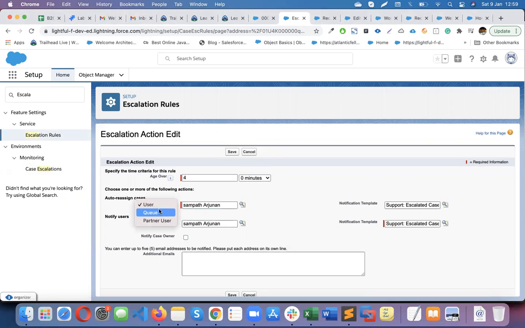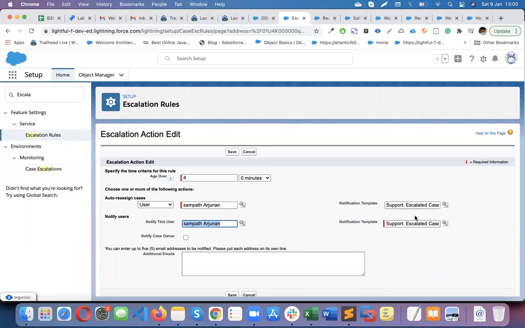For the second one, you can put direct users, or a queue member, like you can assign to a queue. You can put a specific manager, not the manager field. You cannot use the manager field here. I think I know that X and Y are there, so I can say the user as X and notify users as Y. Y would be exactly the manager, right? This one, yeah.